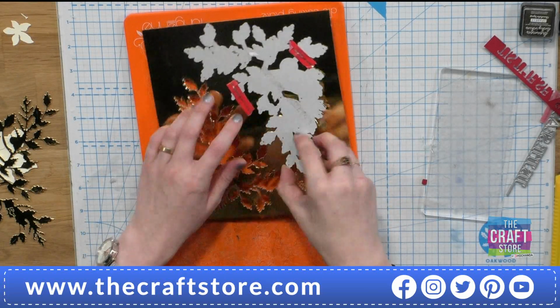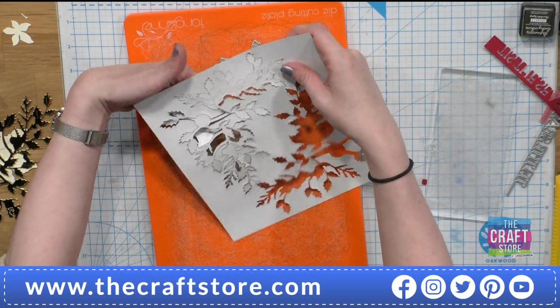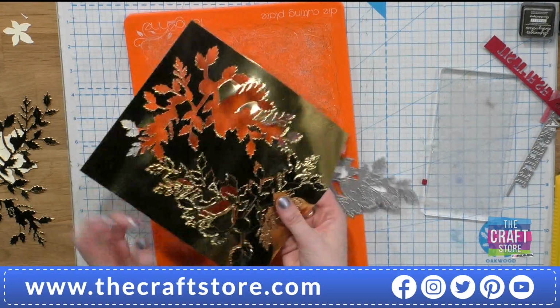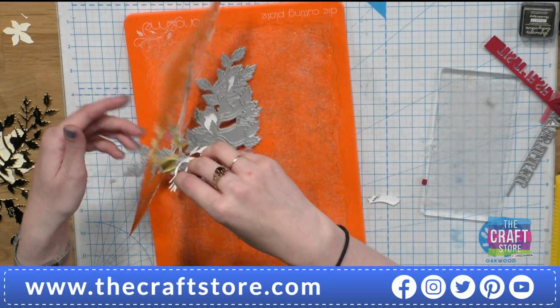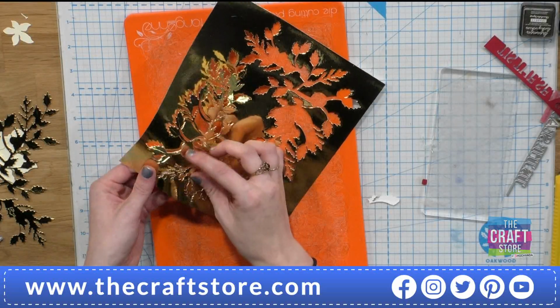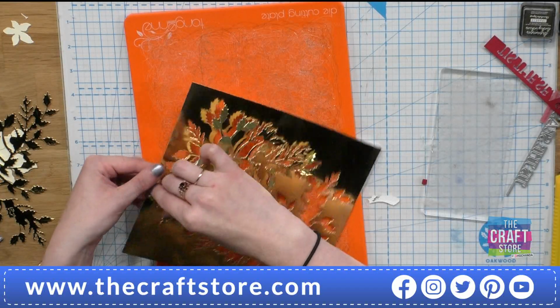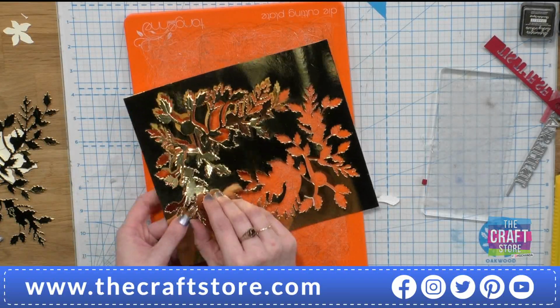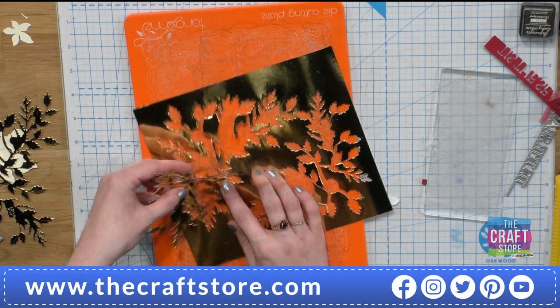So we'll take that off of here. Now just be careful as you're taking it out, because there are quite a few little bits and bobs as well. So you don't want to just tear off all your little holly leaves, but hopefully you can get this out if we're not stuck. And you'll be able to see it's all popped out nice and easily. It's just a little bit fiddly. But you can see it's all cut,